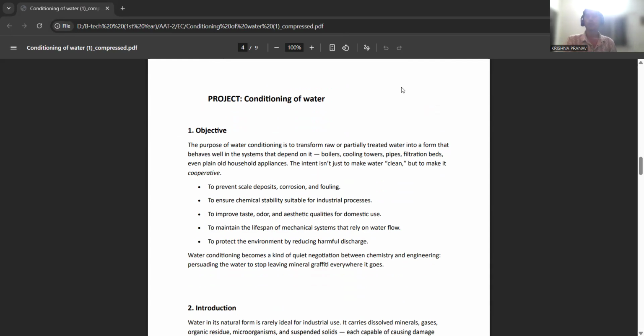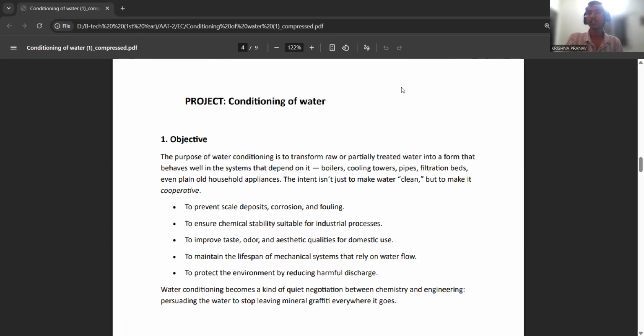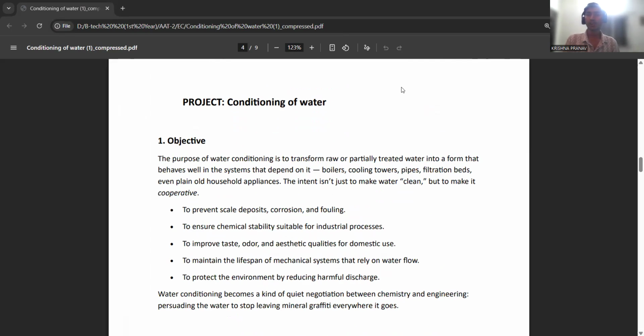Objective. The purpose of conditioning is to transform raw or partially treated water into a form that behaves well in the systems that depend on it. Boilers, cooling towers, pipes, filtration beds, even plain old household appliances. The intent isn't just to make water clean, but to make it cooperative, to prevent scale deposits, corrosion, and fouling,